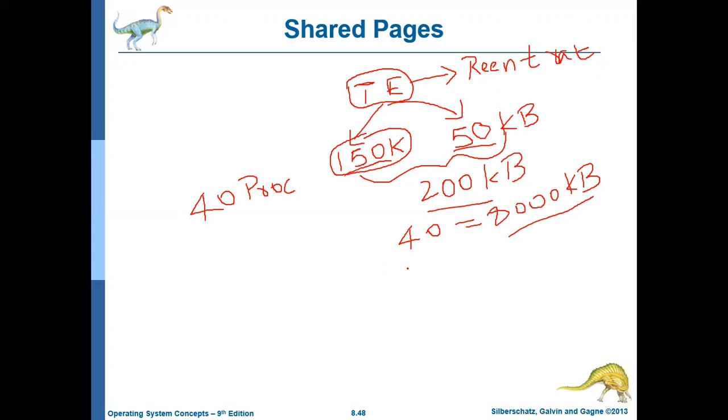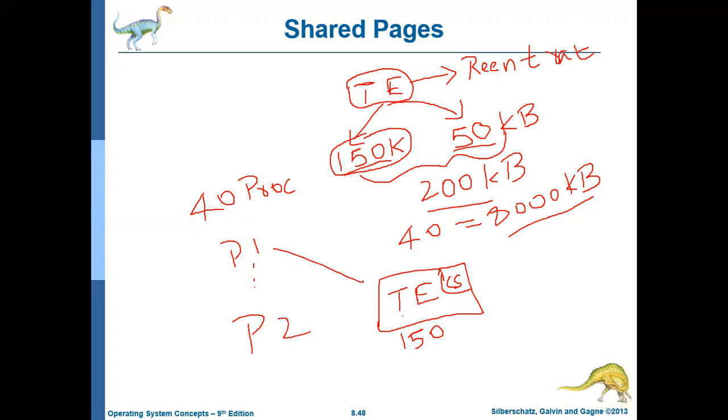In that case, you can keep only one instance of the text editor code space in memory, which occupies 150 KB, and it can be shared by all the 40 processes, from process 1 to process 40.